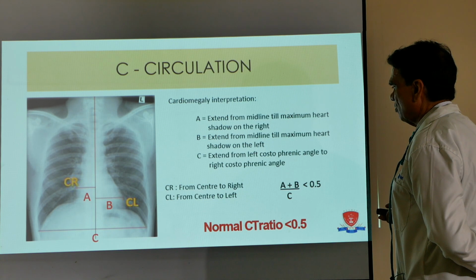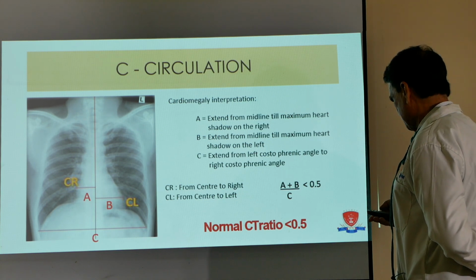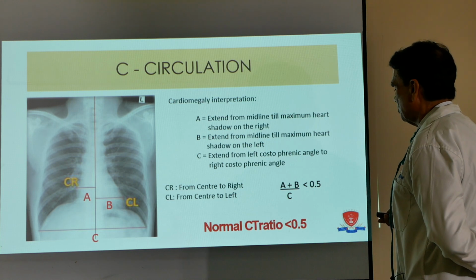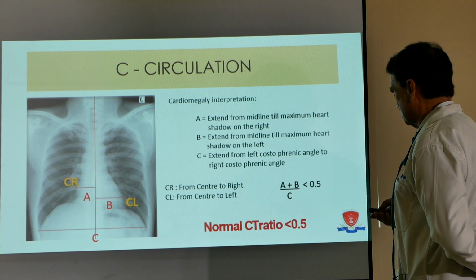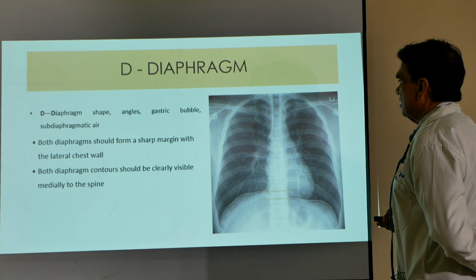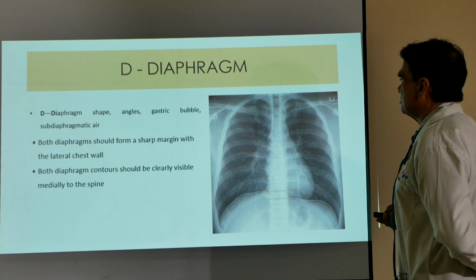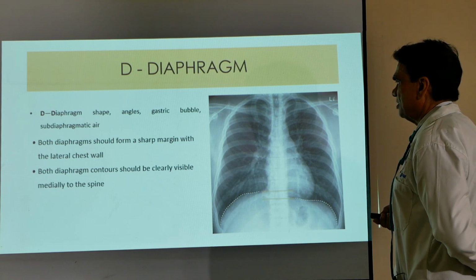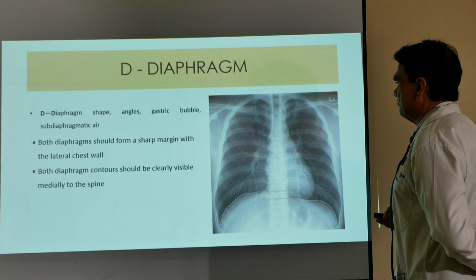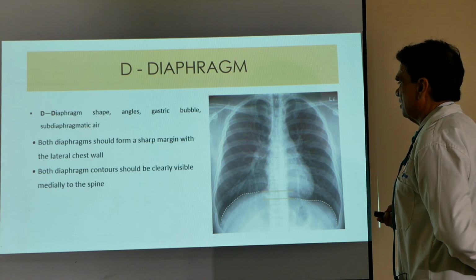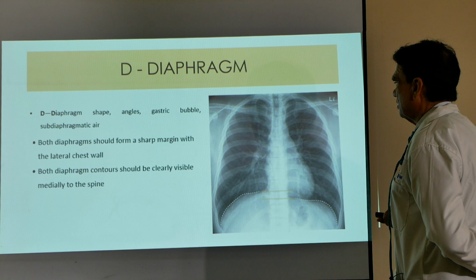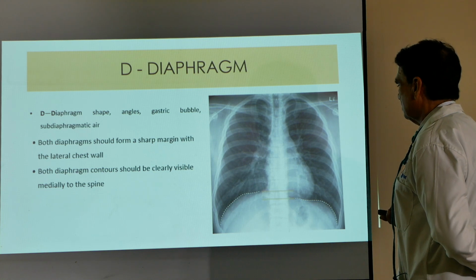A plus B over C should be less than 0.5. The normal CT ratio is less than 0.5. Then the next mnemonic D stands for diaphragm. D diaphragm, where we look at what is the shape of the diaphragm, angles of the diaphragm, gastric bubble and